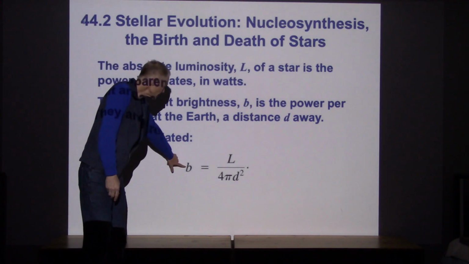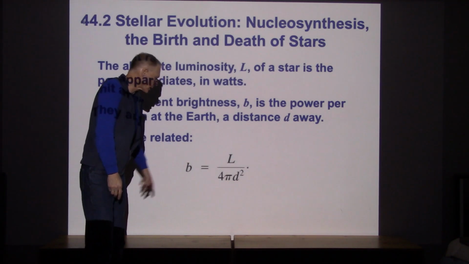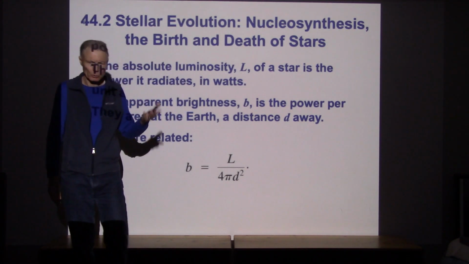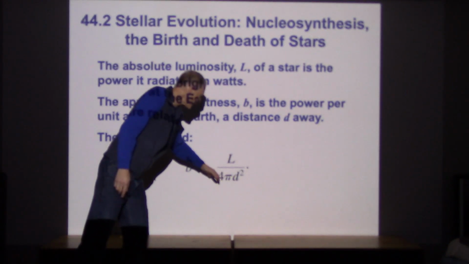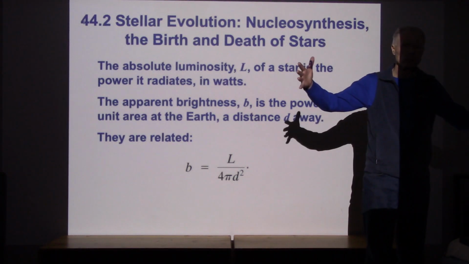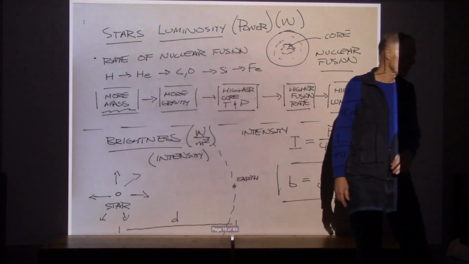The brightness or intensity of light coming from that star is equal to its luminosity, or its total power, divided by 4 pi d squared, and that's because the light's spreading out uniformly in all directions. If we're observing that light,